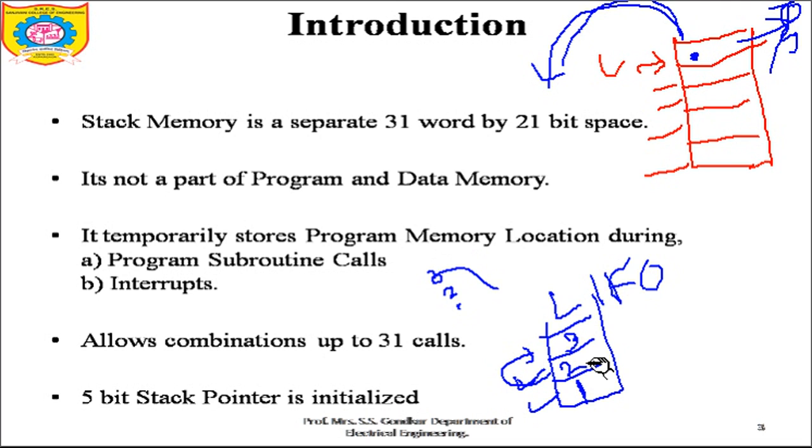And while popping, what we have to do? While popping you have to decrement the stack. Like if you have taken out the element, this 3 has come out now. After 3 you have to decrement by 1, so it will come here. Again this 2 will come out. After that decrement it will come here. Again this 1 will come out. So stack is always incremented during the push instruction and is decremented during the pop instruction.